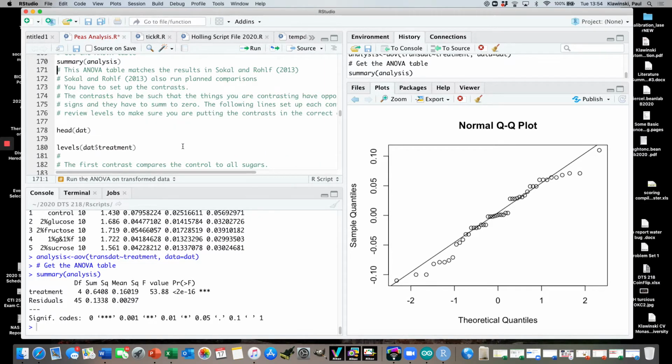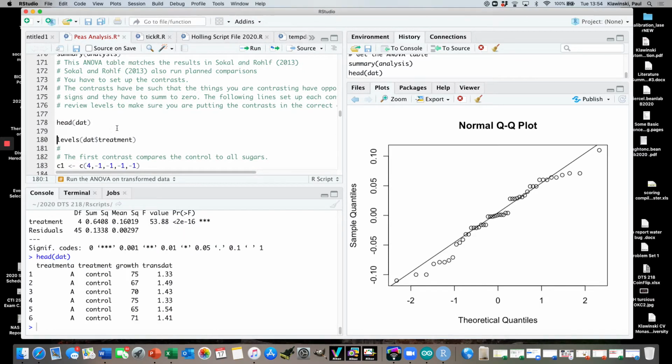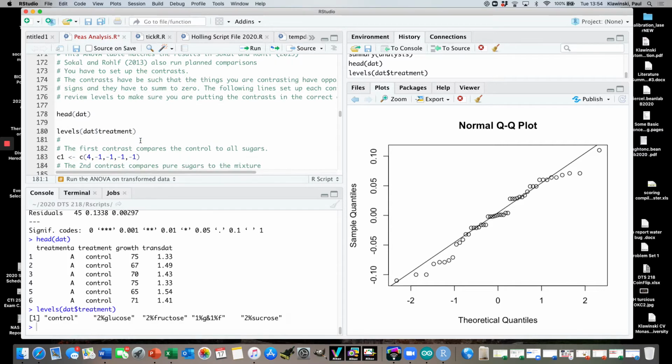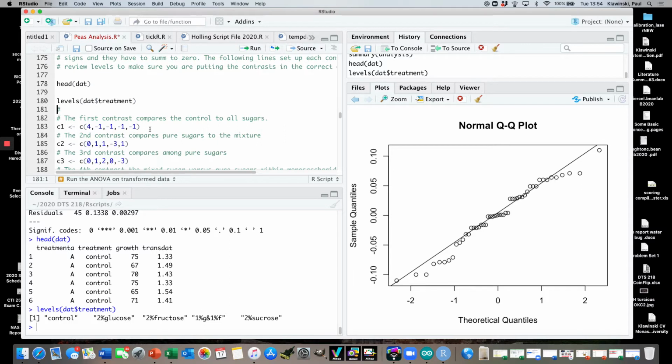So in this case, the researchers had specific planned comparisons that they wanted to do. And so we can see that this is the order of the data, and we can look at what order the levels are in. So there are control, glucose, fructose, glucose and fructose, and sucrose. The first contrast that they wanted to know about was, is the control different from the rest of the sugars? So we'll set up a contrast where the control is 4 and all of the other sugars are -1,